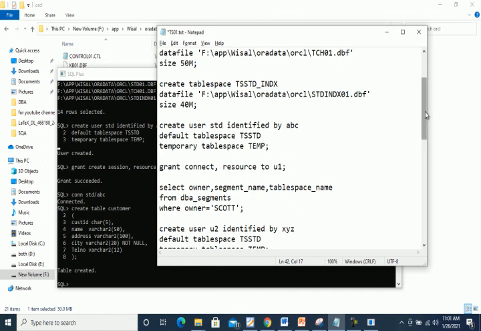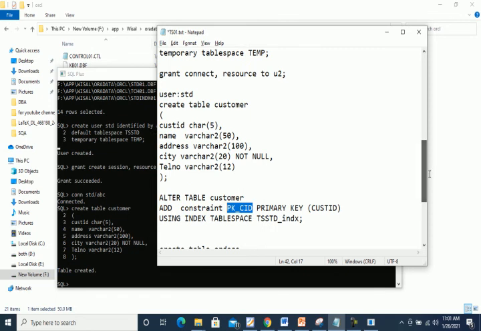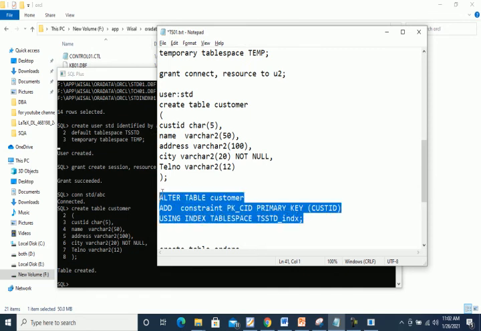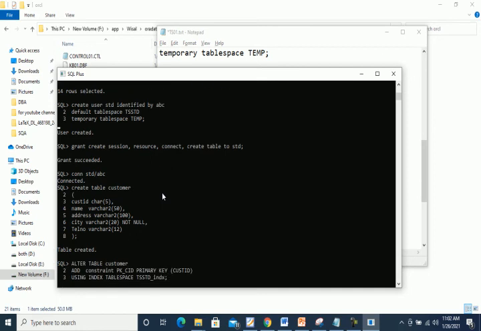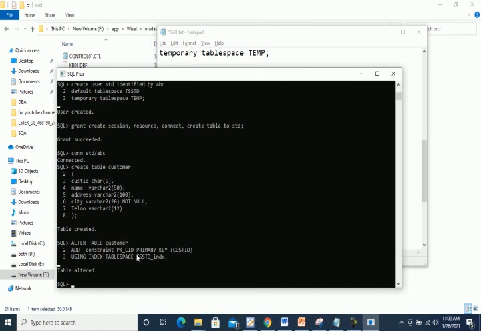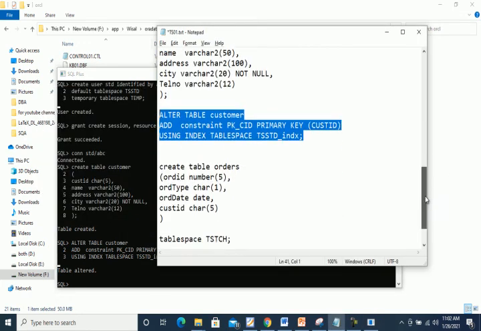I already told you that it's a good practice to store indexes in separate tablespaces. This is a very simple command. Now our index is stored in the index tablespace, while our table is stored inside the tablespace std. Now insert the record and we will check the information.